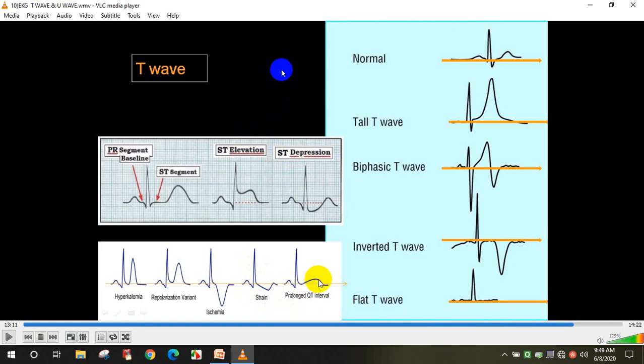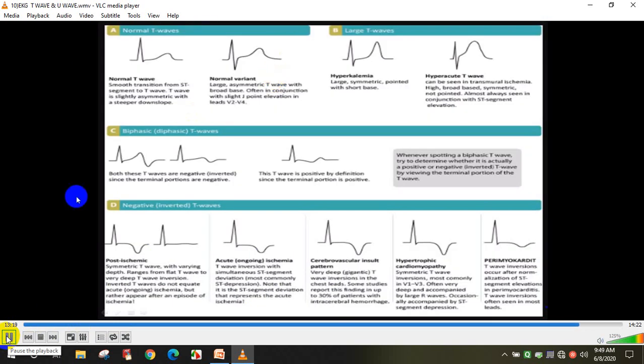And in this ECG, you can see that this is the J point, this is the ST segment with the T wave combined together, and the QT interval is prolonged. So a good number of times you can see a prolonged QT interval along with T wave changes. These are called STT changes. They are always suggestive of ischemic heart disease. And this is one ECG which is showing you all the different types of T wave and STT changes. Please go through it at your leisure time.